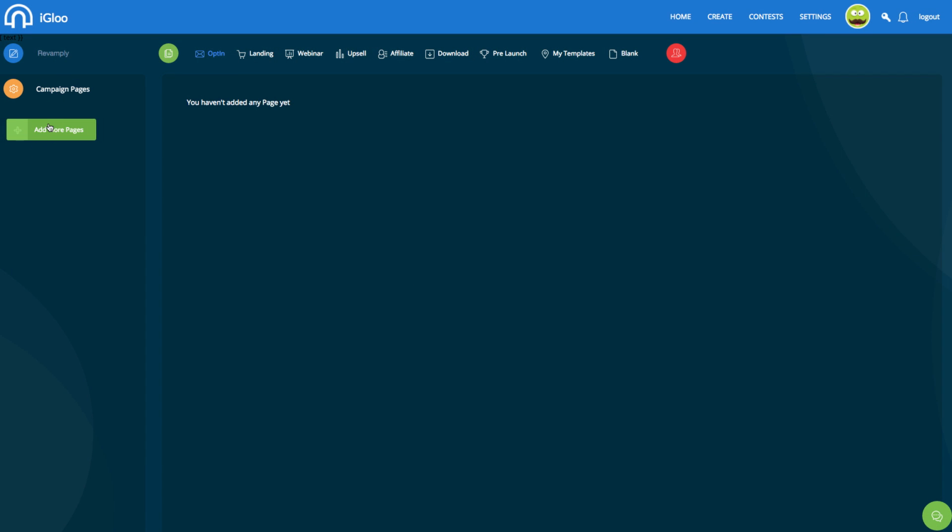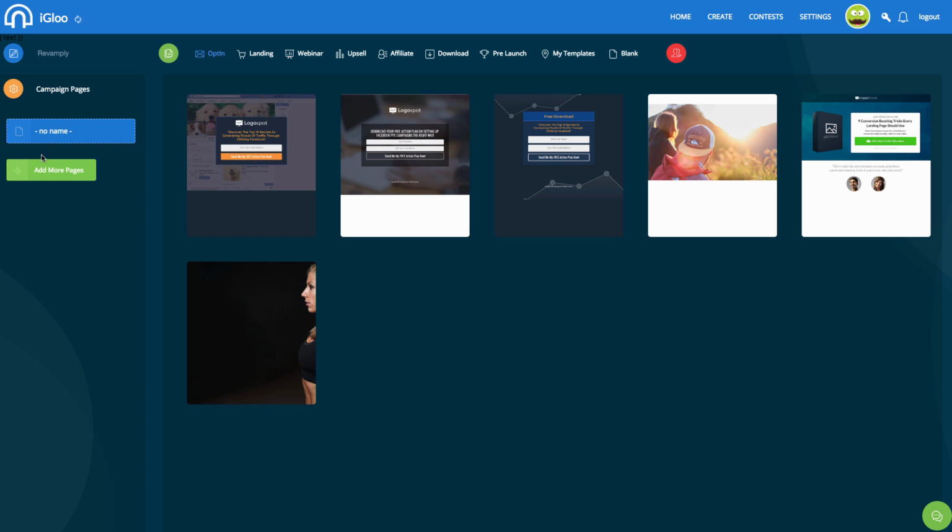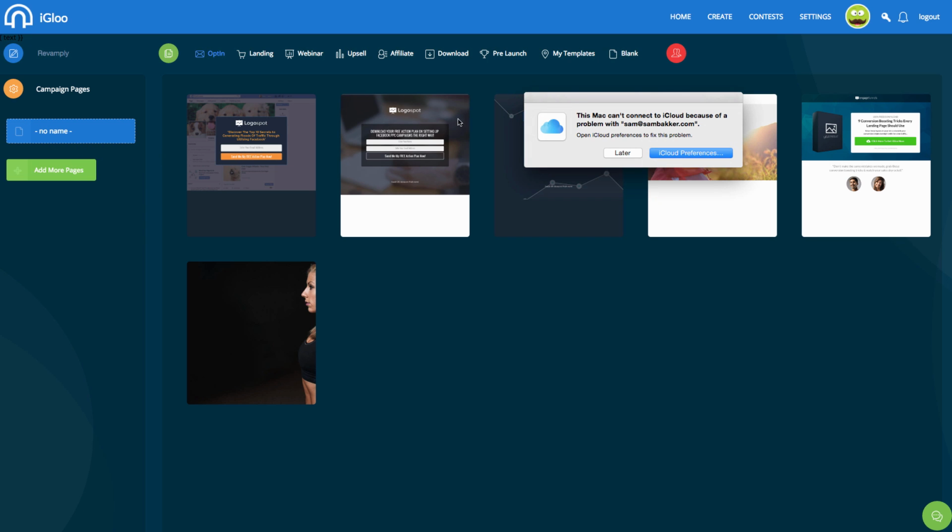We see the left hand column here is where the funnel pages are located. We also see the template pages which are located up the top here. And you've also got a list of your subscribers that are captured within the funnel. Now we can choose from a range of different opt-in pages if we want to, or different landing pages as we want to as well. But the first step in order to create one of these pages is to click add more pages and create your first page here. Once you click add more pages, it's going to give you the option to select from